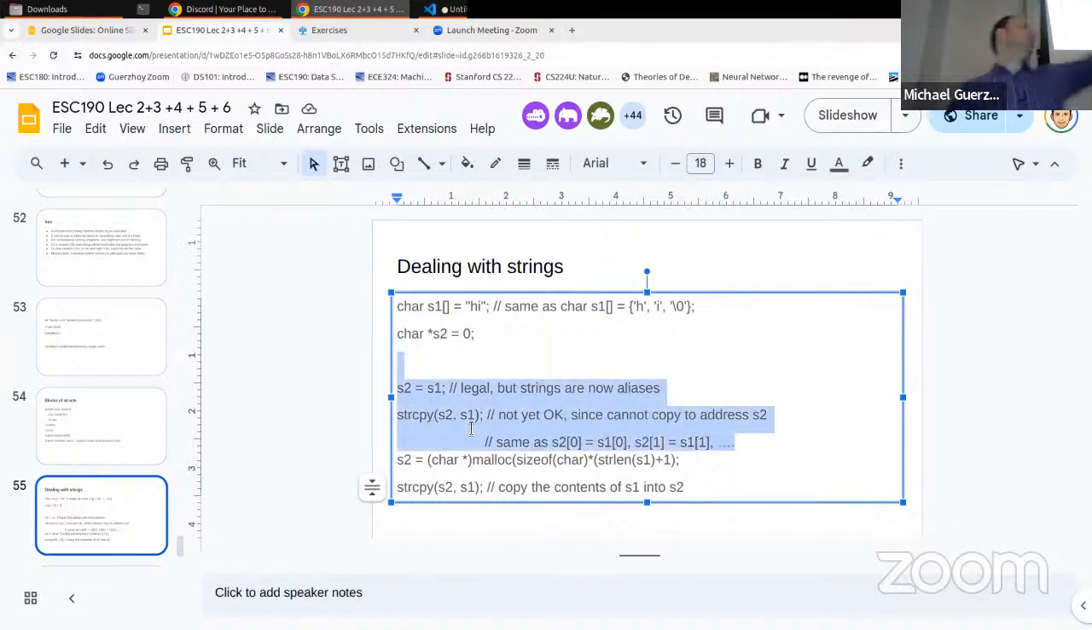So are people good with the distinction between S2 equals S1 and strcpy S2 S1? Who is not clear in this? Who is clear in this? That's like less than half. Okay, so again,